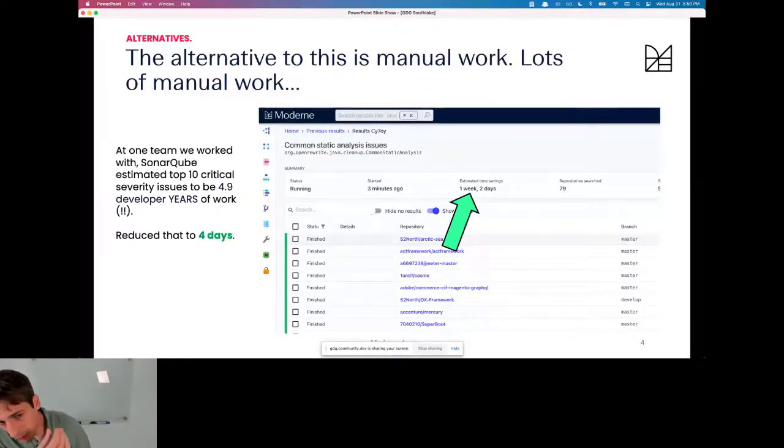So with this group, we had gone and developed those 10 recipes, open sourced them. That reduced that pile of work to 4 days, ultimately. And I think that's the promise of this kind of automation. When you're dealing with, as a lot of organizations, tens or hundreds of millions of lines of code, the benefit of doing the work of writing a recipe can really be an outsized effort.